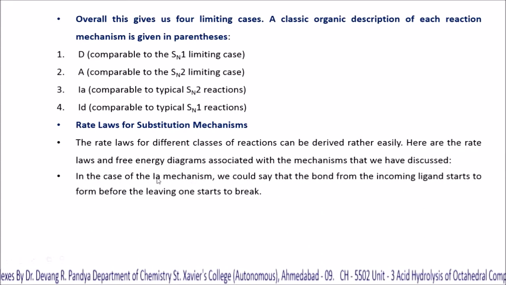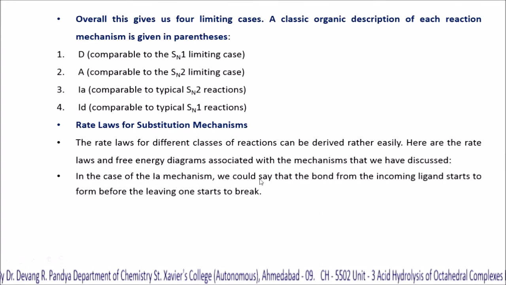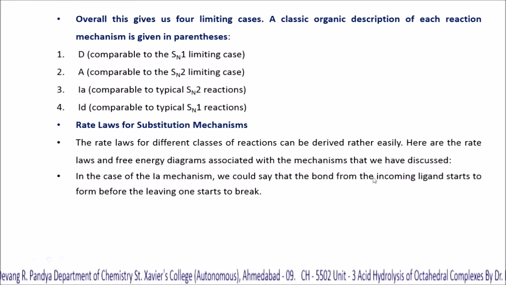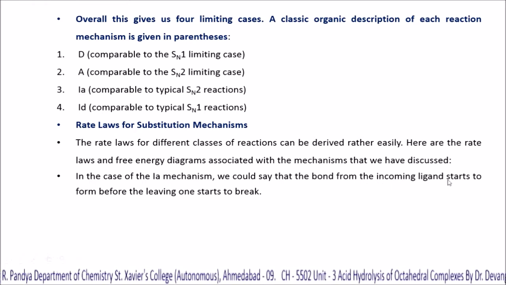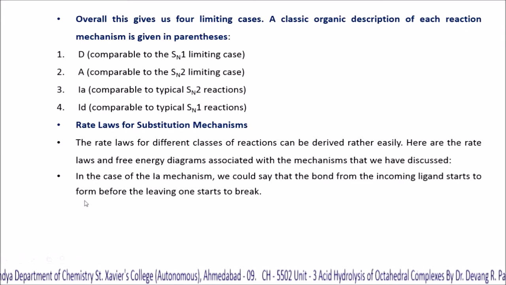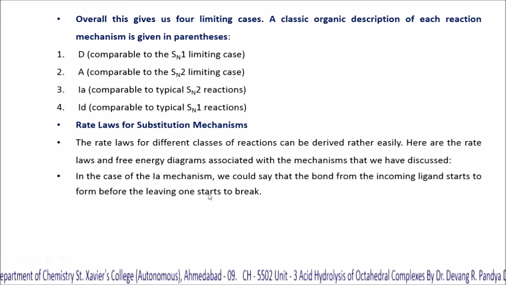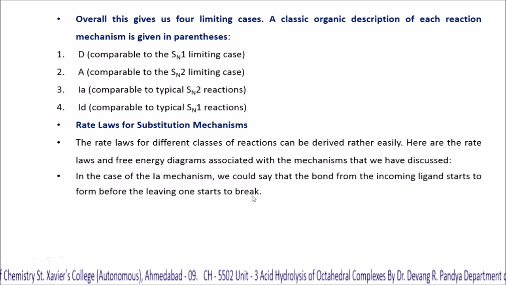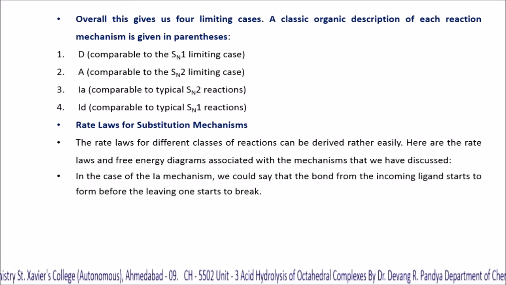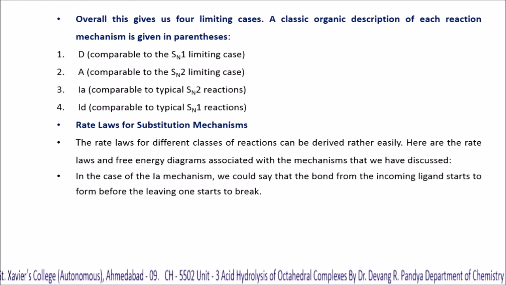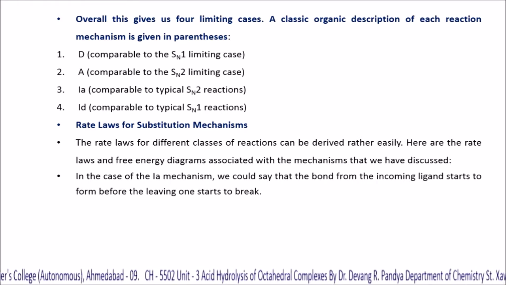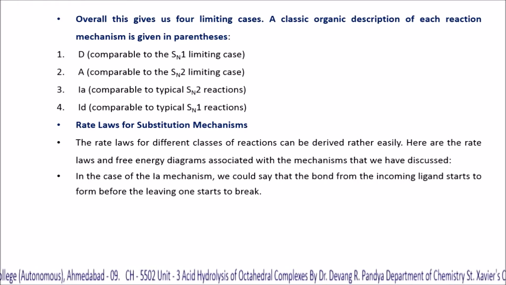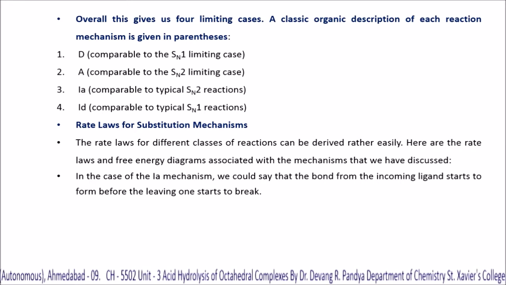In the case of the IA mechanism, we could say that the bond from the incoming ligand starts to form before the leaving one starts to break, and that is why it is interchange associative, but there is no evidence of an intermediate. But the attacking group, that is the nucleophile, is going to attack the central metal ion before